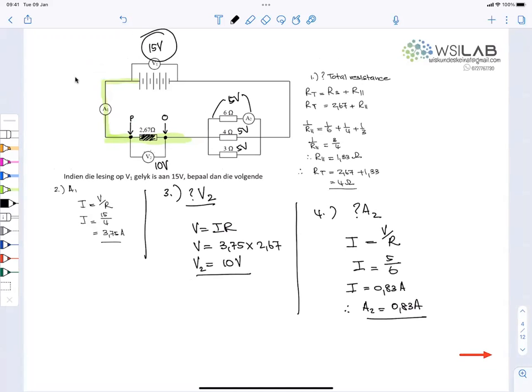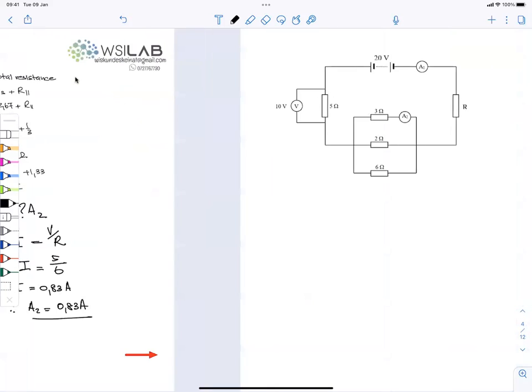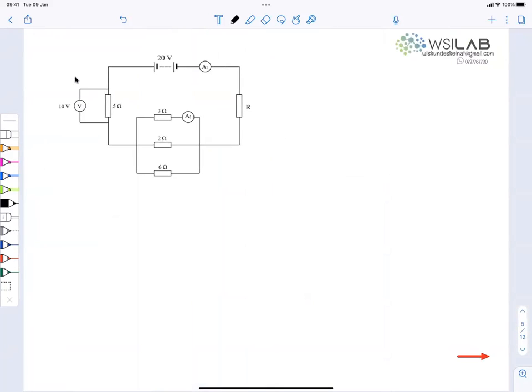You finished? Yes, sir. Okay, same type of thing. Good. The potential difference over the battery is 20 volts. There's an ammeter 1. Let's make sure that we all know the following. Everywhere that I make a green section now is where all the current is flowing. Is that correct? Yes. Then in that parallel section is where the current is actually split into 3 parts. Quickly draw that